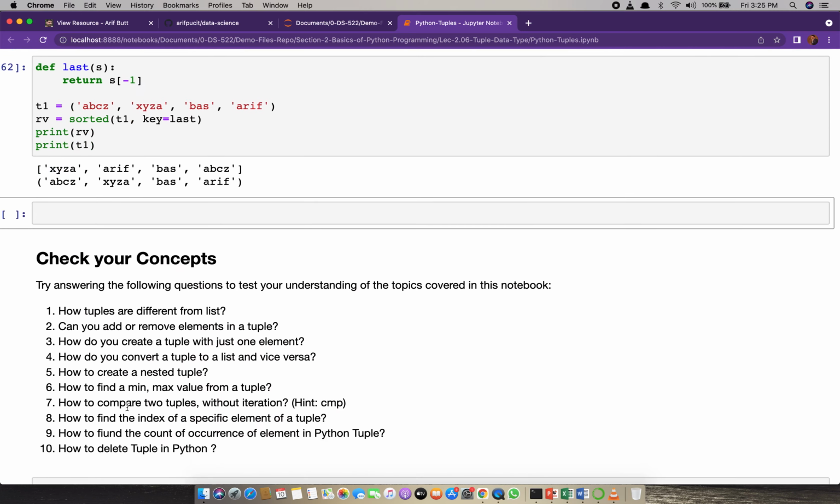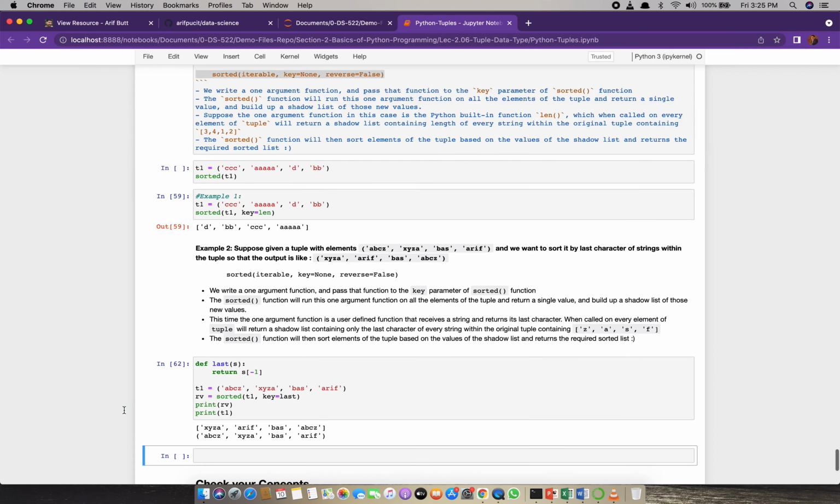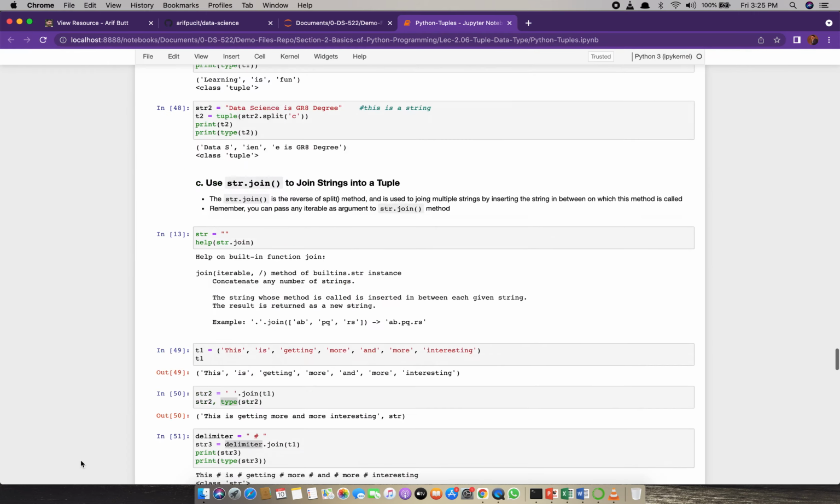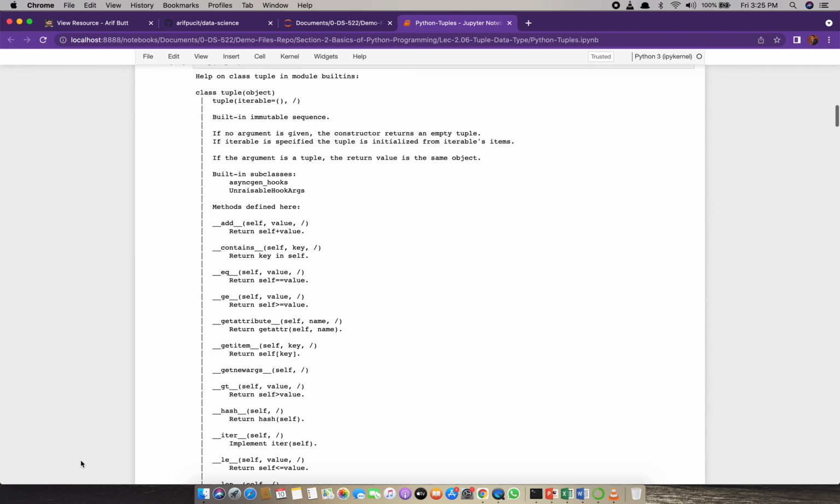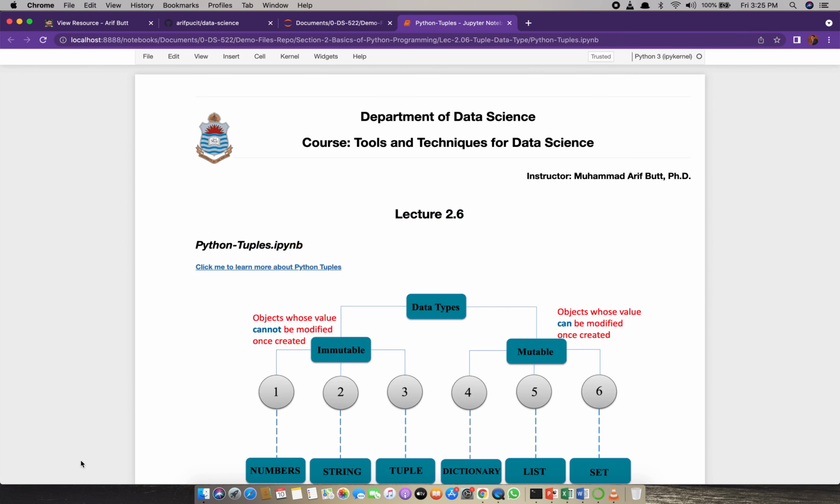Okay, my dear students, I think that is all for today's session. I hope that if you have seen and practiced the list session, this would have been a piece of cake as there were a lot of repetitions in it. Please do make changes in this notebook file and let your curiosity run wild and see what this data structure, that is tuple, is capable of.